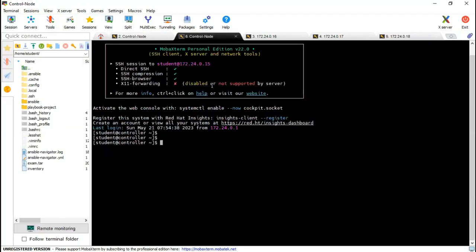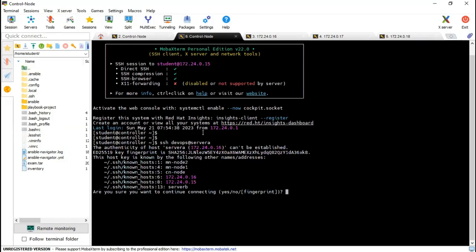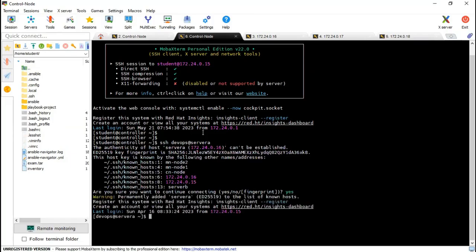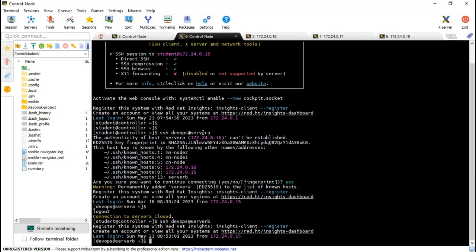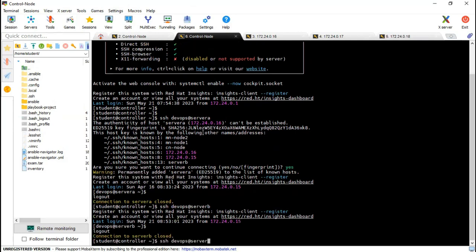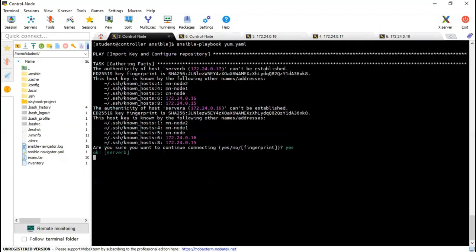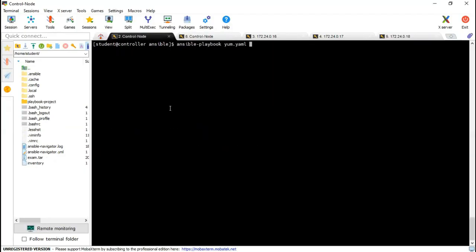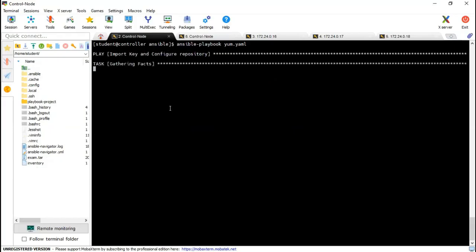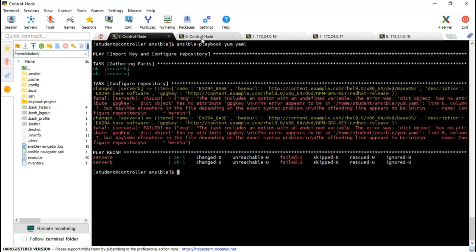Passwordless authentication will be already created in your exam, but I think in my setup there is some issue. Devops at server A, server B, server C. So you mean to say they have this SSH keys authentication already enabled? Yeah, that will be already there.